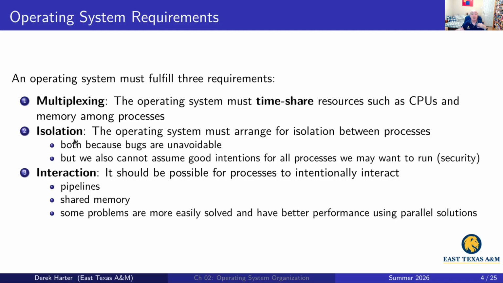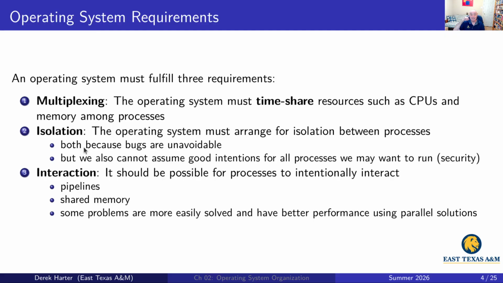And it also has to provide for isolation. So you can also think of this as providing for protection or security, so that the independent processes running on the system can't interfere with one another. So an operating system must arrange for isolation between processes for very good reasons, both because there are unintentional, unavoidable bugs. It's easy to write programs that accidentally write past the end of an array, and that could end up writing past memory that some other process owns if we don't have these kinds of isolation mechanisms implemented in the computer. Okay? But there can be intentional